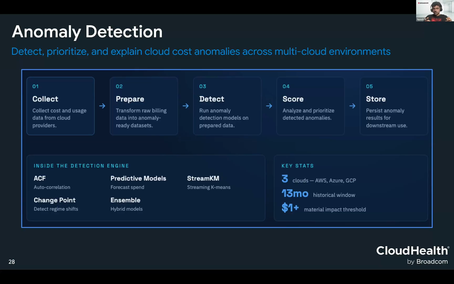Today the anomaly algorithm is an ensemble of algorithms, a combination of many things. What you can see here: ACF, predictive, streamline, change point, each has its own significance. For example, if a customer has spend with seasonality, we don't want to call every month an anomaly. That is where our stream KM algorithm comes in. We understand all of them because we have built this in-house and tuned it to understand all of the use cases. So once the anomalies have